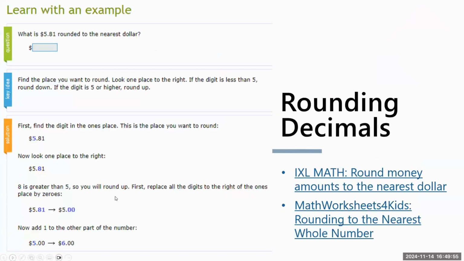So the next section would be rounding the decimals, which in the lesson, they link you to this IXL math example. So we talk about rounding to the nearest dollar. I also linked a math worksheets for kids rounding to the nearest whole number with decimals. So obviously everyone has their own strategy on how they teach this, but this is just how it was referenced in the lesson. So I put it up if you want to use this example. I use the song, everyone has their own way to try to get them to rounding. So leave that up to you guys. But here are the practice problems that they give you. You want to make sure the kids have the skill down before they tackle the activity.